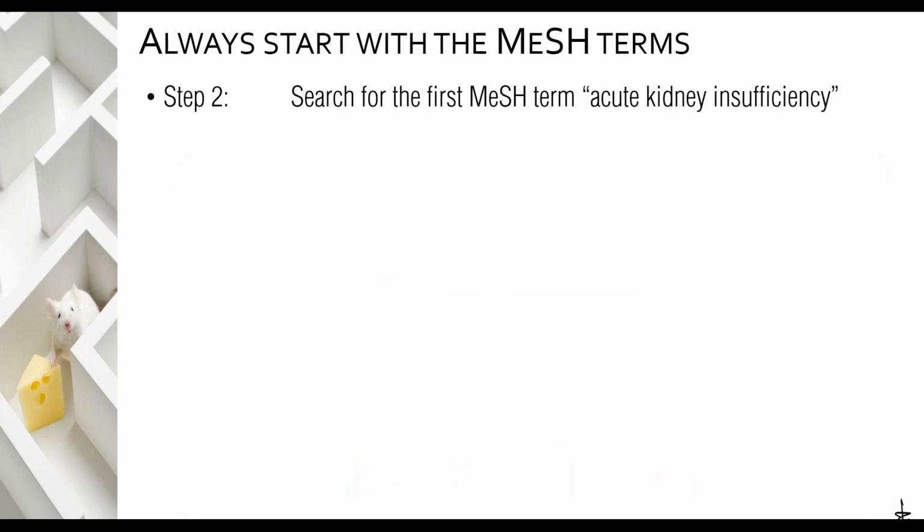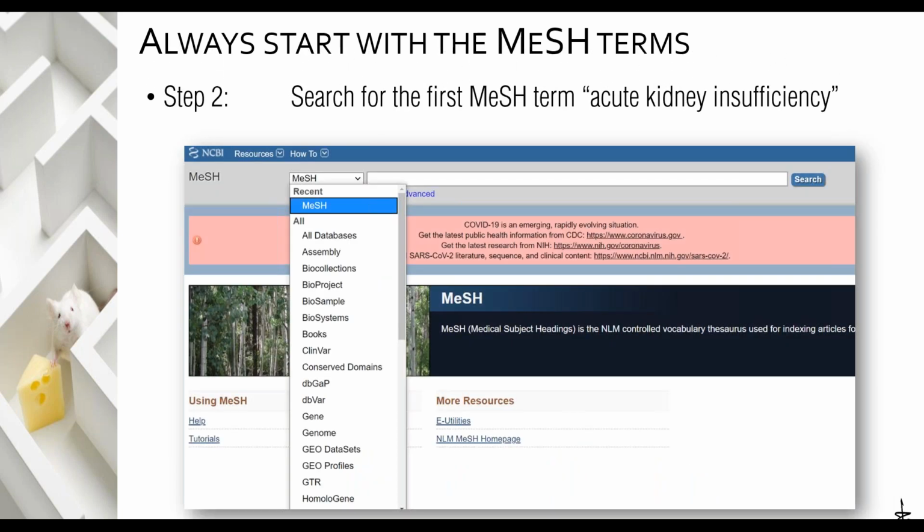When you go to the mesh database, the screen is going to look like this. Now you're kind of in Medline, but you're not in PubMed anymore. You're going to be in the mesh database. It should say mesh on the top left part of your screen, and right next to the